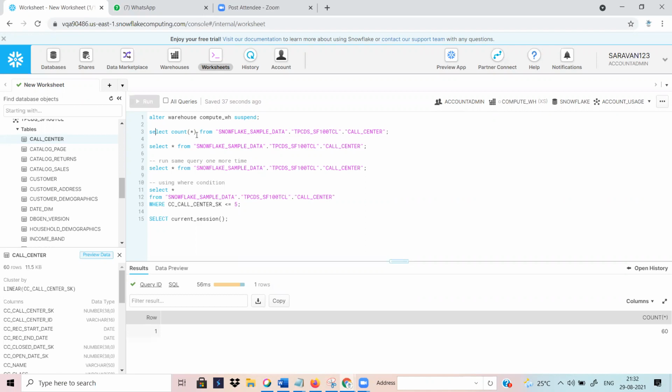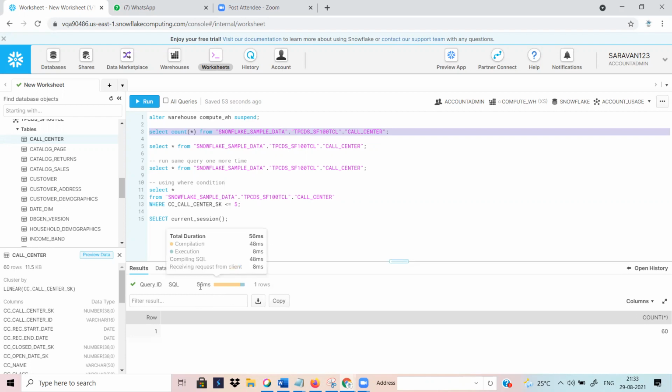So this count of star query is not going to talk with the warehouse, and it is not getting the data from our original remote storage. It is directly communicating with our metadata and getting the count. In this case you will get the result as soon as possible.